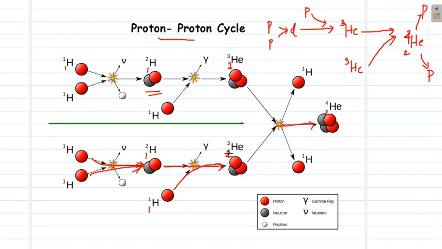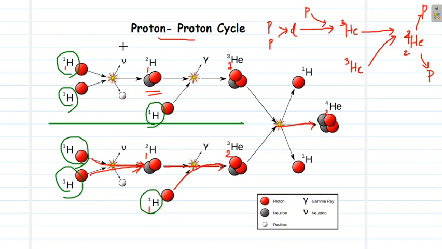So if you look into the overall process that is happening, you can see how many protons are being consumed. 1, 2, 3, 4, 5, 6 protons are being consumed in this reaction. But at the product side, we get 2 protons. 2 protons are evolved out through this reaction. So effectively we can say 4 protons are being consumed in this reaction. Actually 6 are consumed and 2 are produced. So if you take the net value, 4 protons are being consumed and 1 helium is being produced. So if I write the overall reaction,